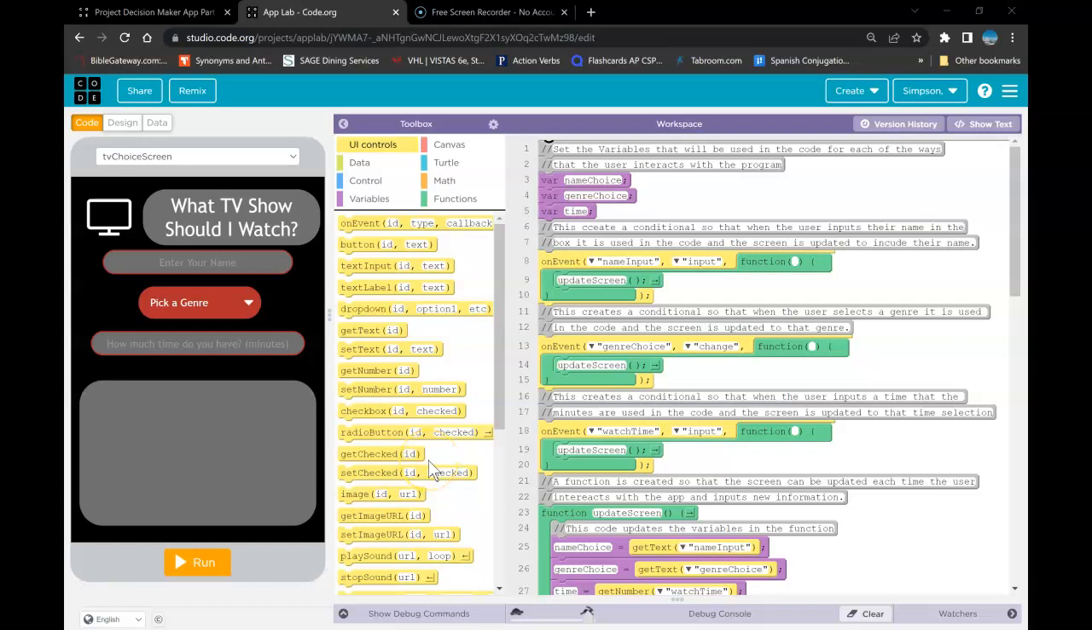Hello, my name is Colt, and this is an app that helps you decide what TV show you should watch. There is a variety of inputs in the app, and I will show you how to use those in a second, but I need to show you the app